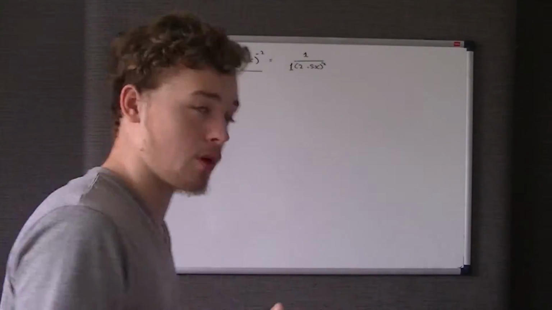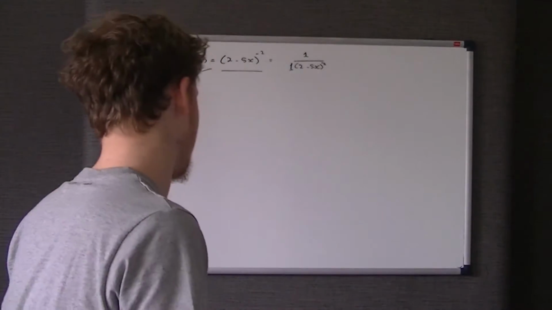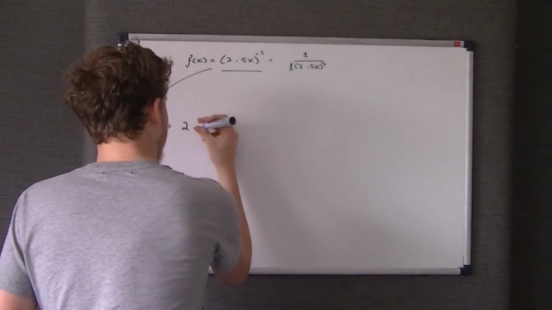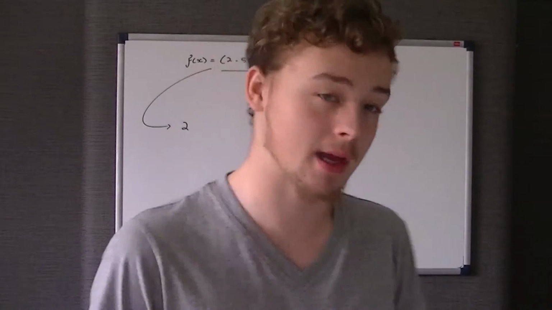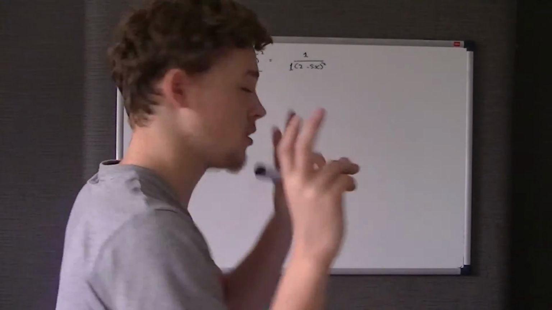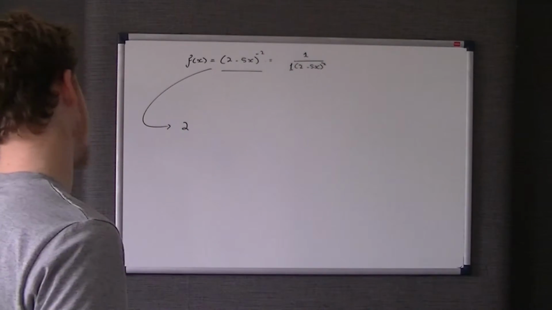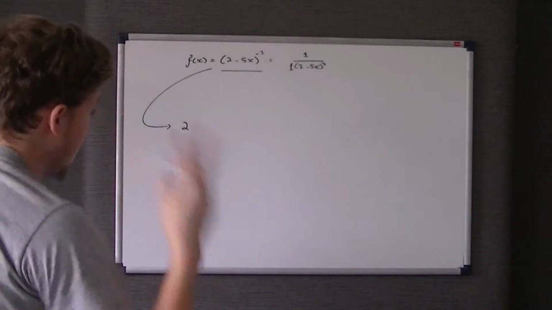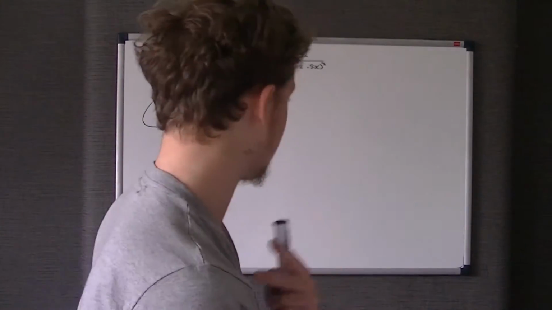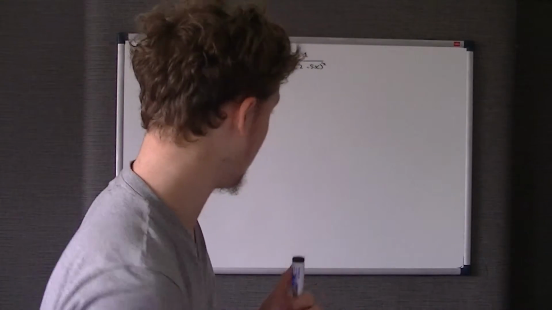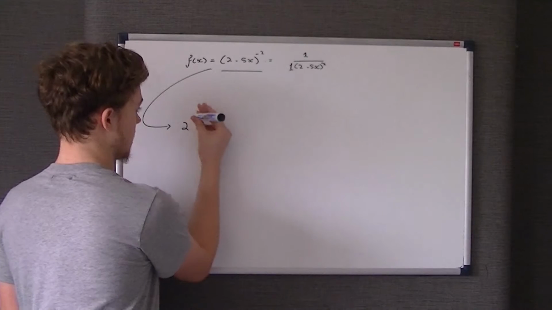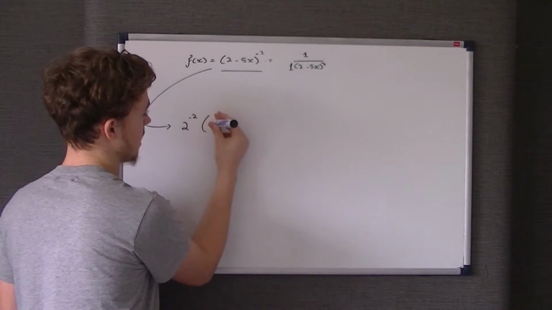So in essence, we need to divide all of the terms inside this function by 2, or in other words, take out 2 as a common factor. But because this 2 was originally inside the bracket, everything inside that bracket had a power of -2. They've just factorised it to the power of -2, if that makes sense. So we still have to carry this power. When we take 2 outside the bracket, we have to take the -2 as well. So basically, you put 2 to the power of -2 times 1 take